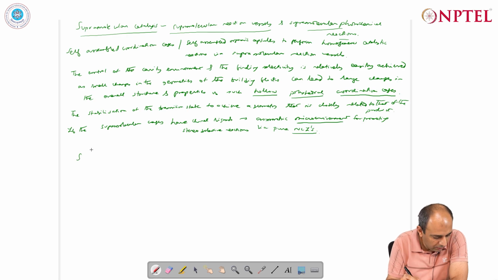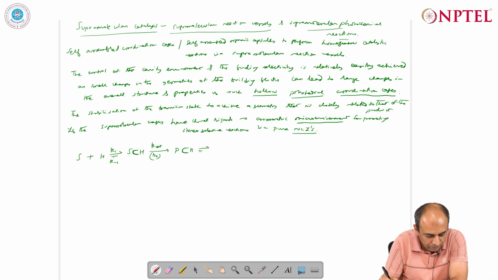So, we have the substrate, then we have the host, which are in equilibrium as governed by the rate constant for the forward reaction as K1 and that for the backward reaction as K minus 1, where the substrate, you see, is a part of the host, and then we have the catalytic step, we can also write it as K2, which can give rise to the product